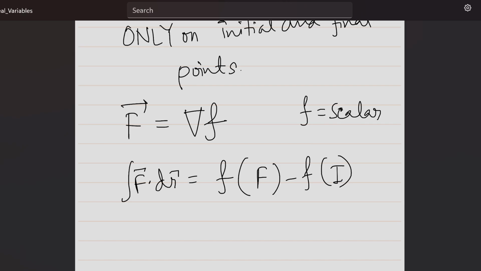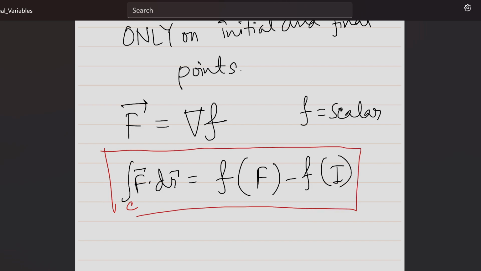This is your answer, the integral over c. But how to find the small f? That is one challenge, because the gradient of small f is capital F. So gradient means del f del x, i, plus del f del y, j,